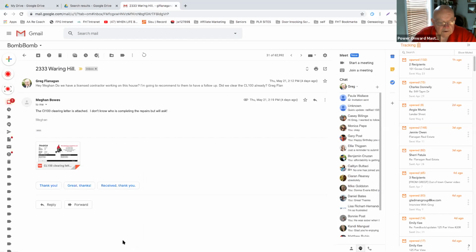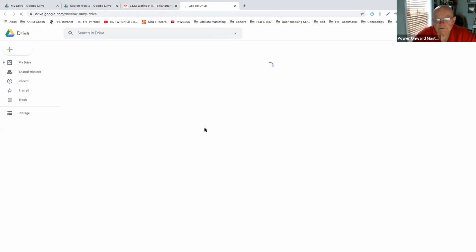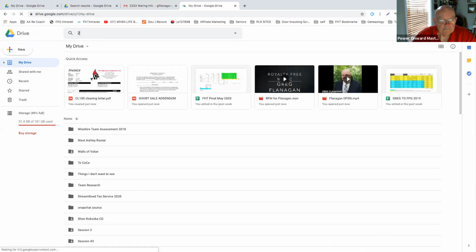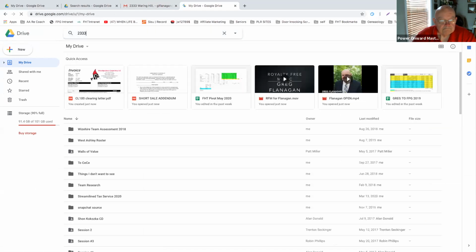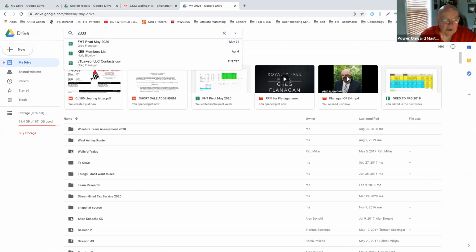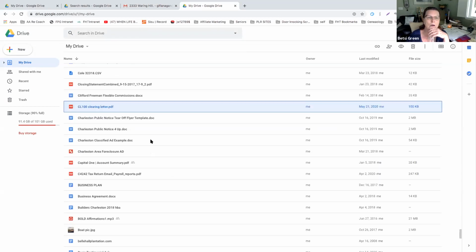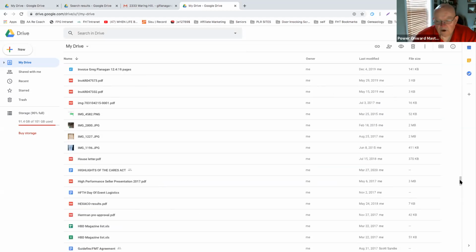Find out where you want to put it. So it's in the drive. Now I've got to organize in the drive. Just click on it. My drive. I'm going to type in 233. I don't have it in this drive, I think. But anyway, you've got one too many up there. I think that's the right one. I've kept everything on my other drive for now. But this is everything that I have. So all my files are actually,